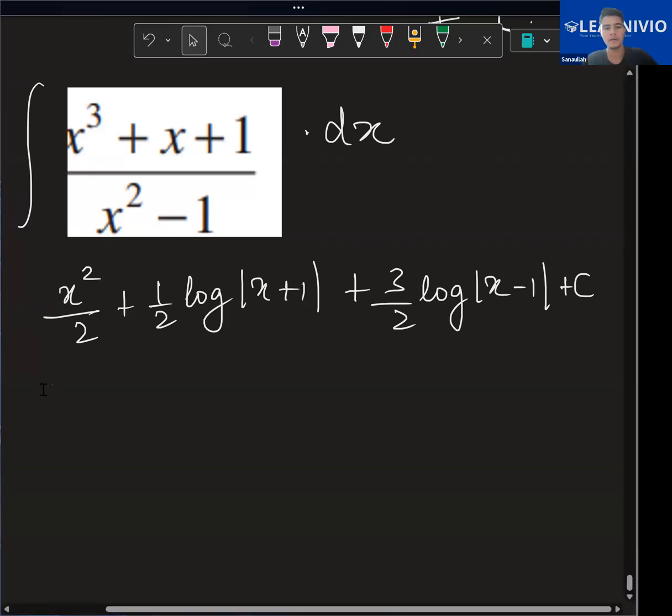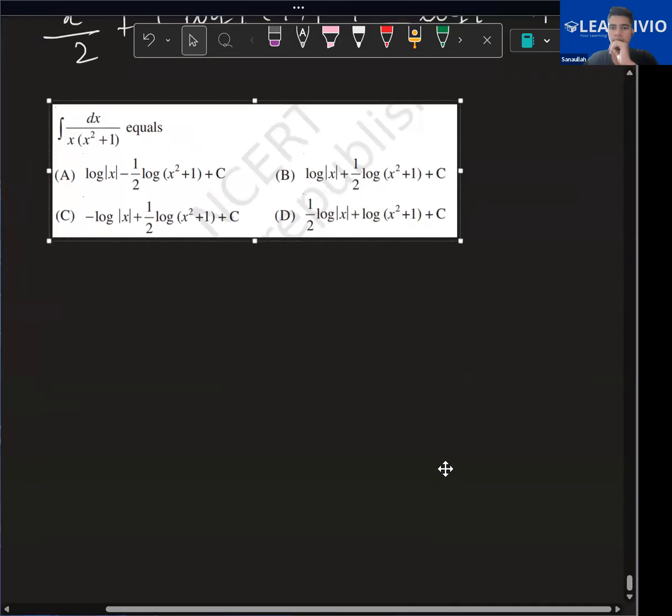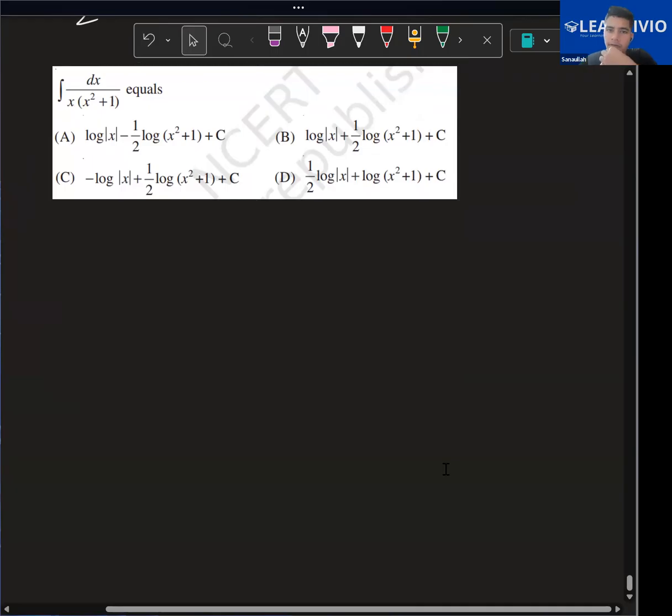Okay. Now this question: integration of dx upon x into x square plus 1 equals to